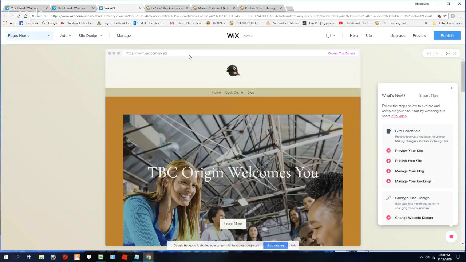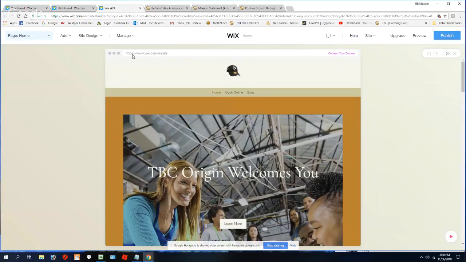So if you get a domain name from Wix, all of this will disappear, and all you'll see is HTTPS, S meaning secure, and then www. whatever you call your site. So you can have TBC origin, whatever. That will be your domain name. .com or .co.nz or .com.au, whatever.